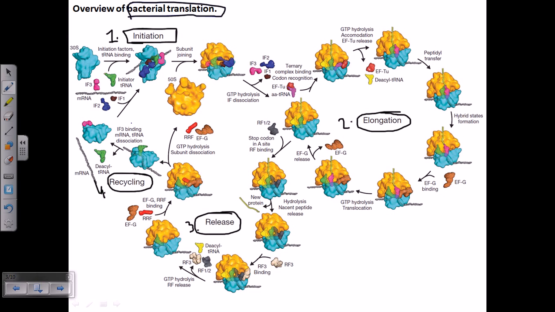The 30S subunits come in, and along with that, there are some factors called the initiation factors. Remember, in each stage of initiation, elongation, or release, there are associated factors. They are called initiation factor, elongation factor, and release factor accordingly. There are three different types of initiation factor: IF1, IF2, and IF3. At the beginning, we can see the 30S subunit has IF3 attached and bound to it, as you can see in this picture.